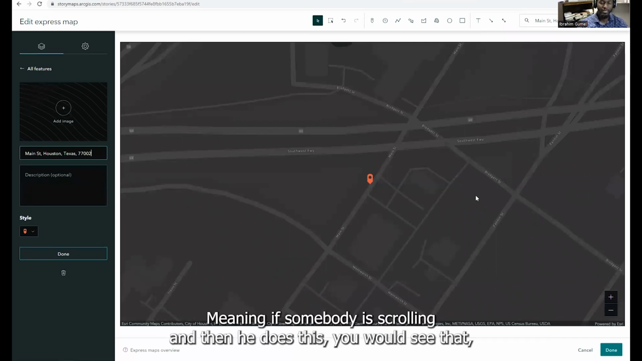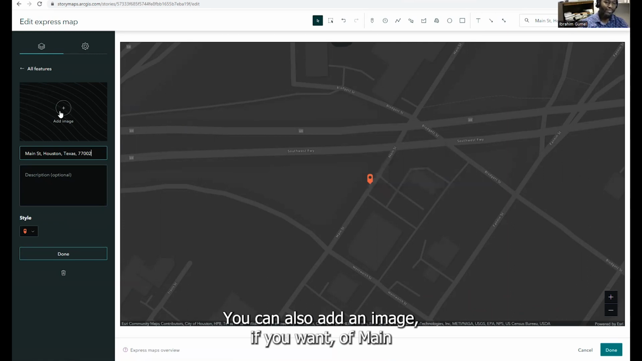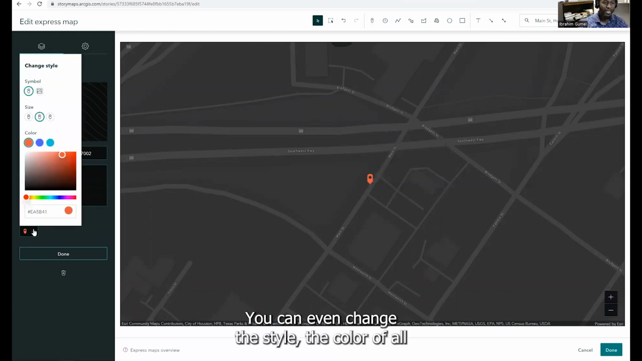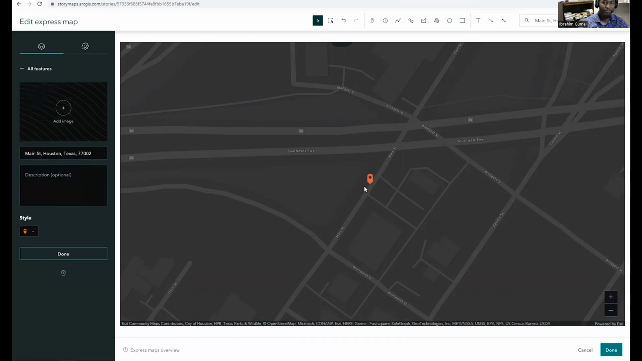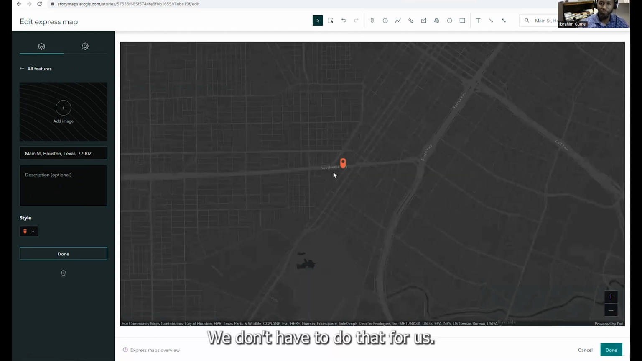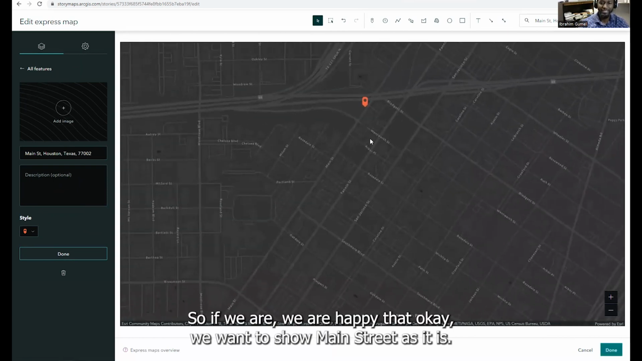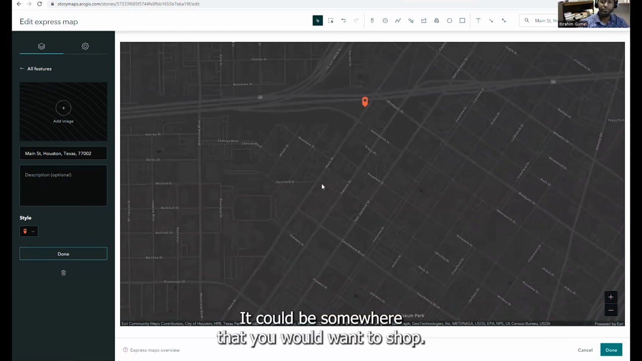Meaning if somebody is scrolling and then he does this, he would see that, okay, this dot is telling them that this is Main Street. You can also add an image if you want of Main Street, of current Main Street or past Main Street. You can add options. You can even change the style, the color of this. So once we are happy that, okay, we're trying to show, because you can see it actually zoomed all the way. We don't have to do that for us. So if we are happy that, okay, we want to show Main Street as it is, it could be a building, it could be somewhere that you would want to show. But the idea is you can actually